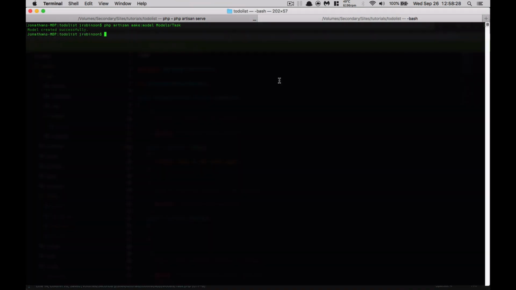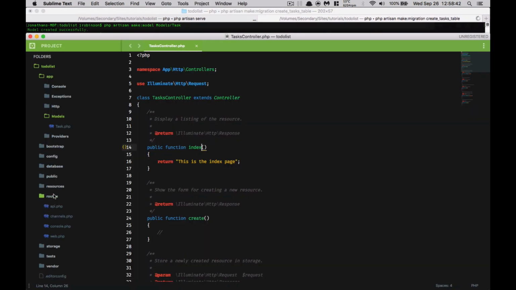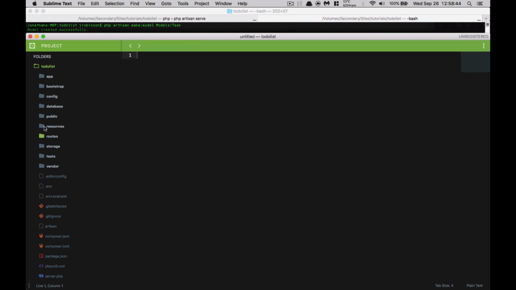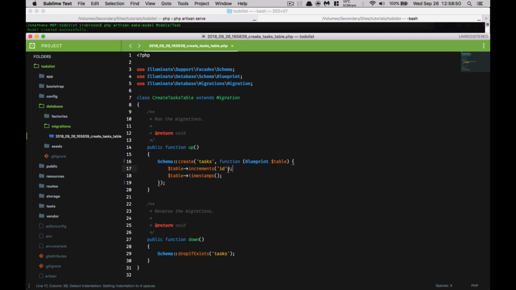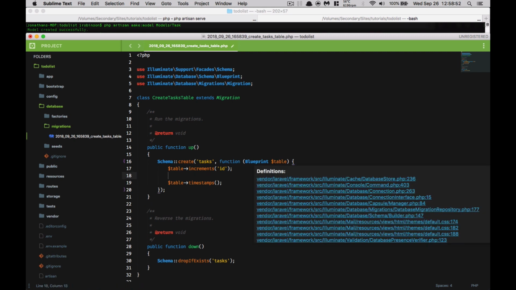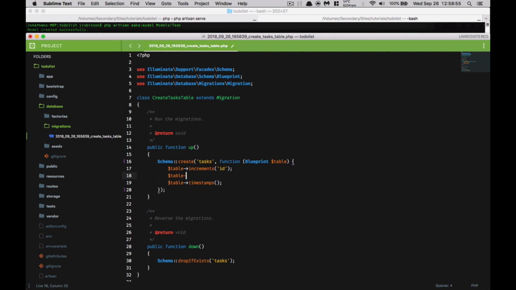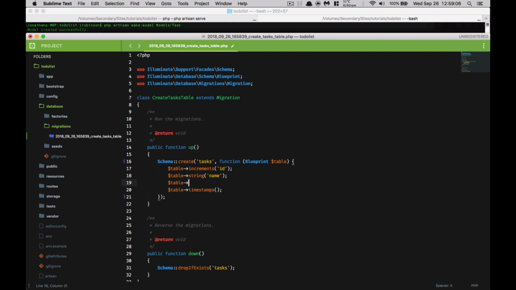So the next thing that we need to do is run our php artisan make:migration, and we are going to call this create_tasks_table, and we're going to hit enter, and we'll close our routes, close our app. We don't need our tasks controller anymore. And as you can see, our create tasks table migration is here. So the first thing that we're going to need is the table string, and that's going to be called the name of the task, and we want that to be required. We also want a table